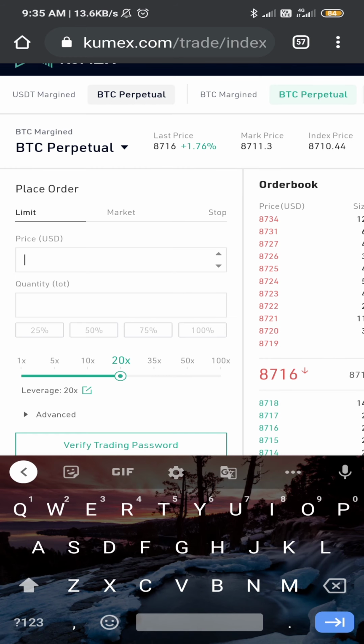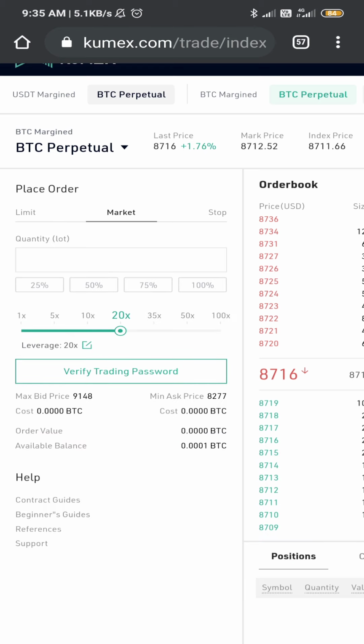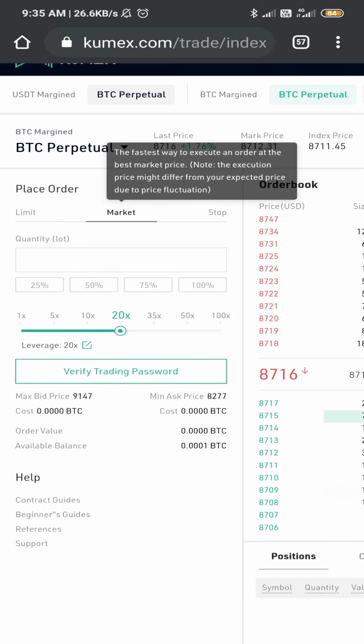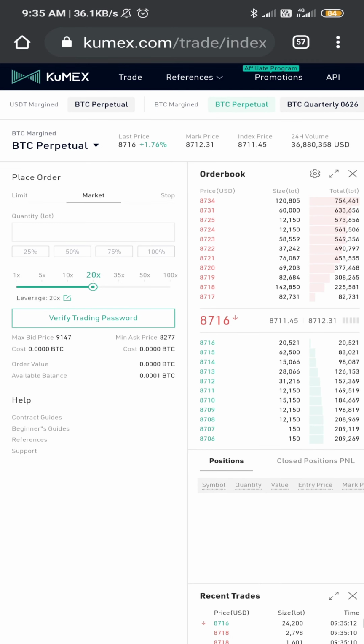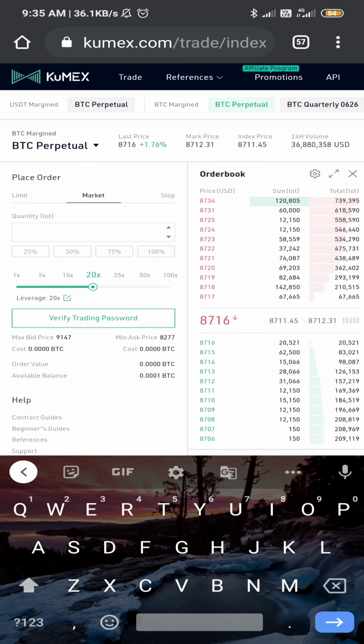When the price comes, then your order will be executed. And if you want your order to be executed early, then click on market and put in the quantity.